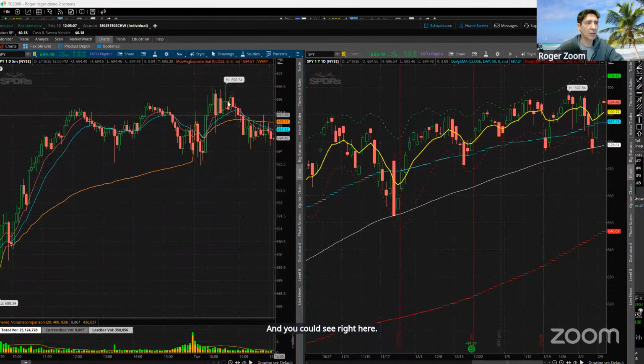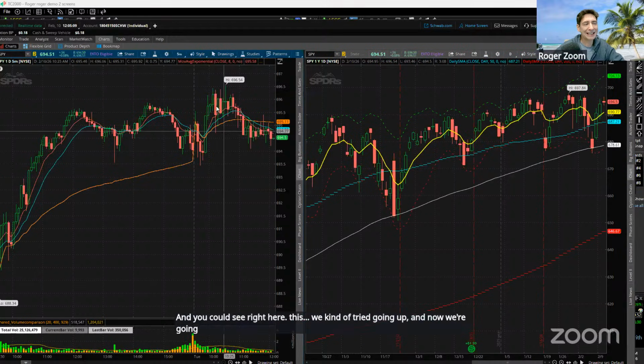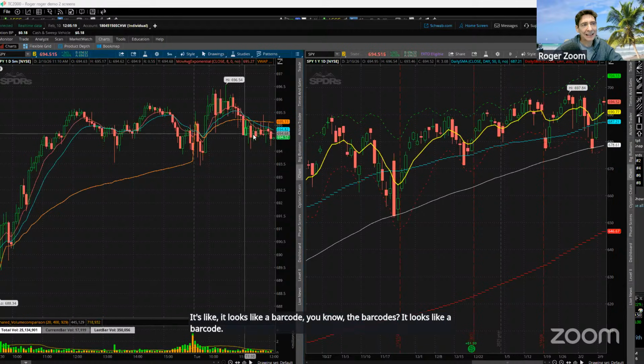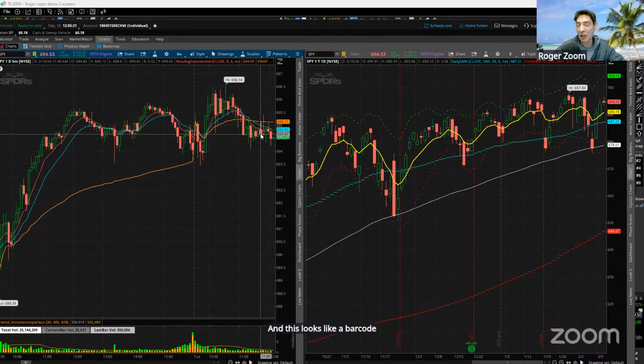We tried going up, and now we're going here. But you could see the candles. See how the candles are on top of each other right here? It looks like a barcode, you know the barcodes? And this looks like a barcode too. So if you hear me say the market is barcoding, I heard that